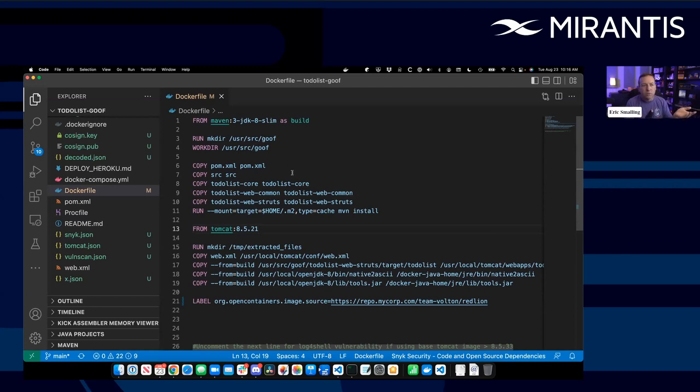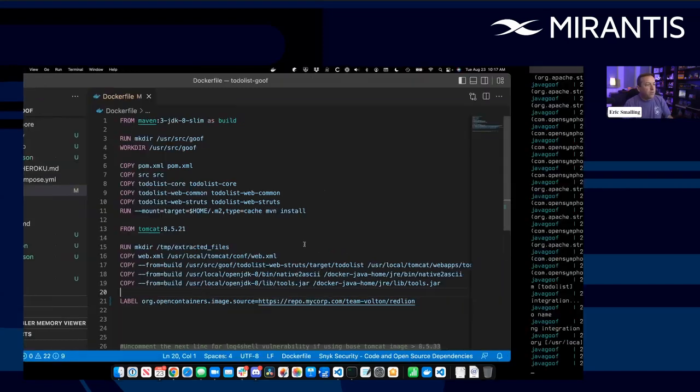This is a multi-stage Dockerfile if you've not seen one before. So we've got two FROM lines. The first stage is our build. We're building the application, basically just doing a Maven build, creating the WAR file in this case. And the second stage, we're basing on Tomcat as our final image that we're going to produce. We're making a directory, copying our web XML that we need in there, and then bits from that build come in, so the jar files and WAR files that we need to run the app. And we're applying a label at the end. That's just bogus, for example purposes. But that is running.